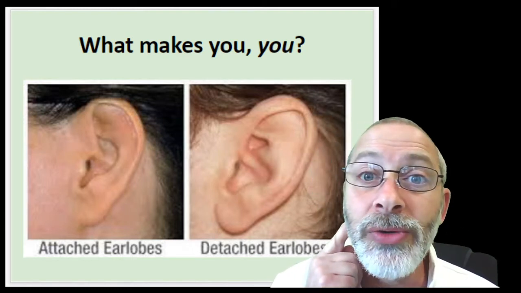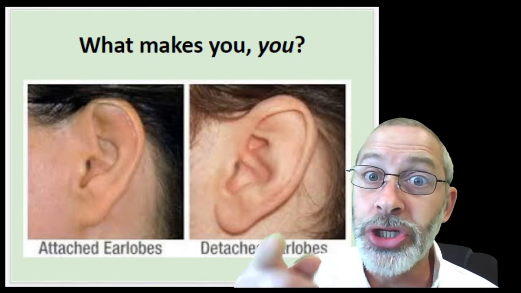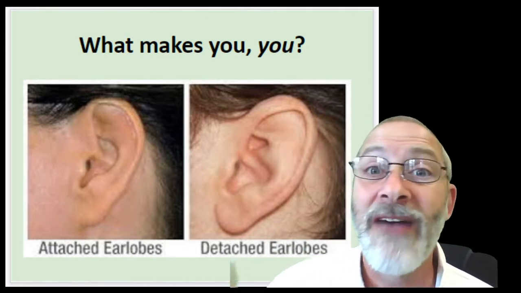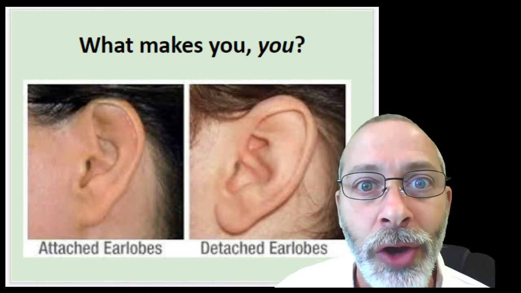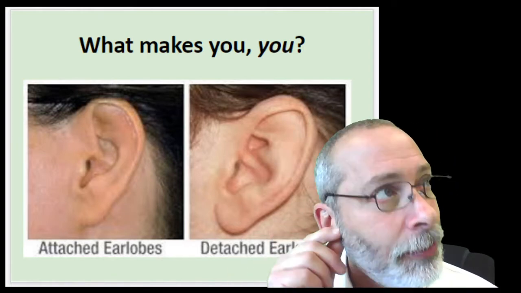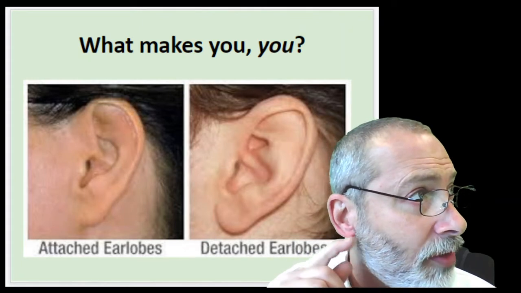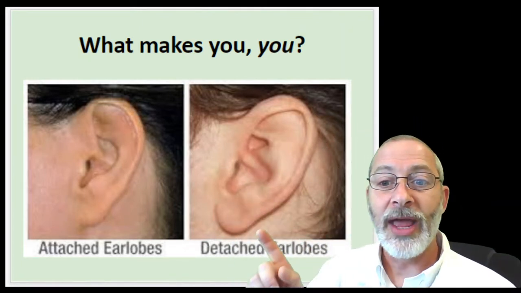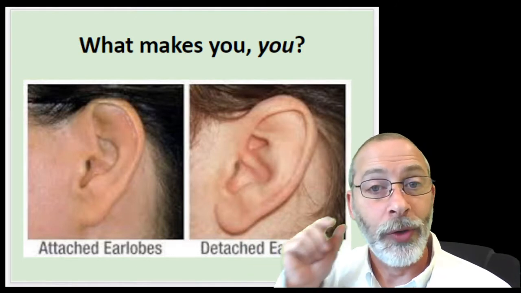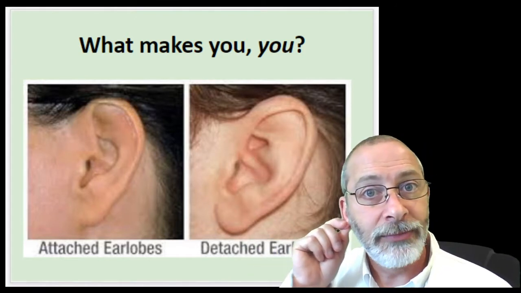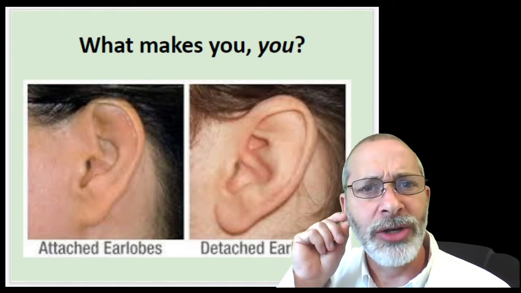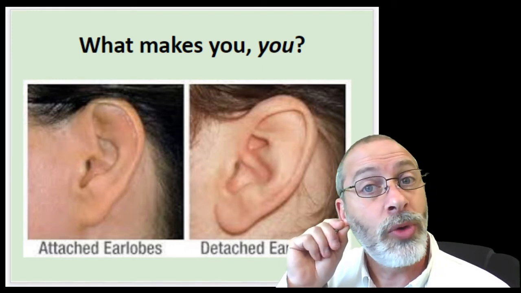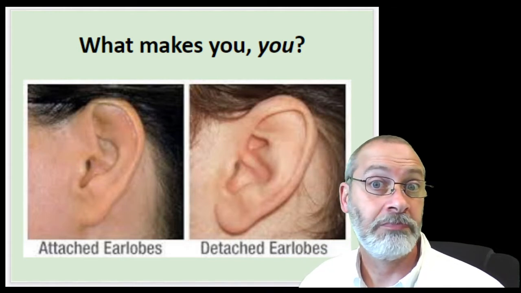But what about you? Look at your earlobes. Look at your neighbor's earlobes, better yet, because unless you have a mirror, it's tough to look at your own earlobes. But look over at your neighbor and let them know whether they have an attached earlobe or a detached earlobe. So give it a little try. Give it a little tug. Don't tug your neighbor's earlobe, but see, do you have an attached earlobe or a detached earlobe?